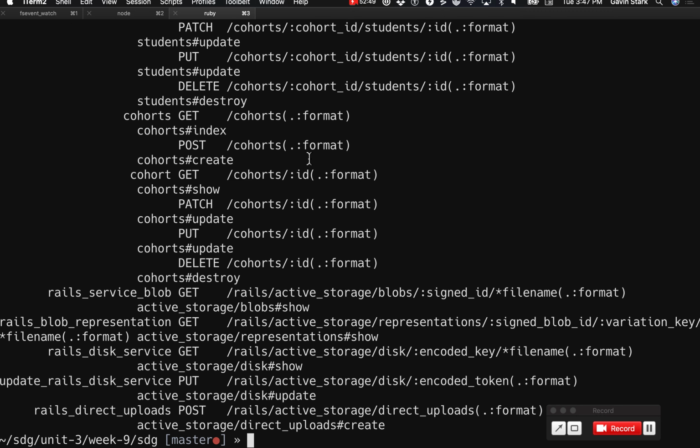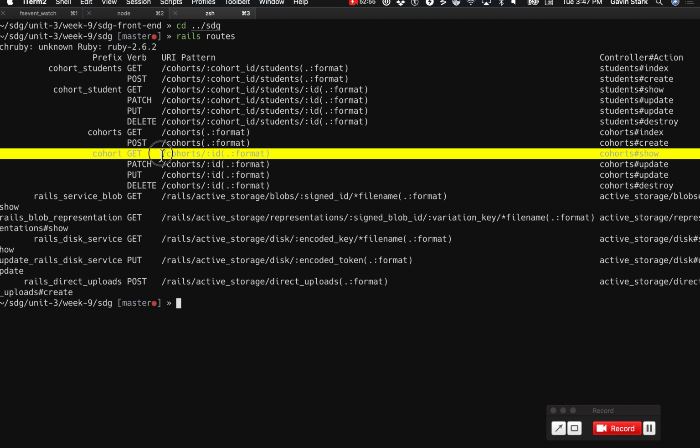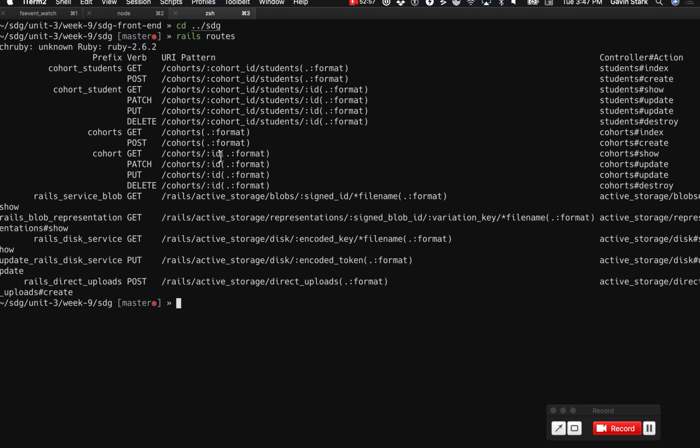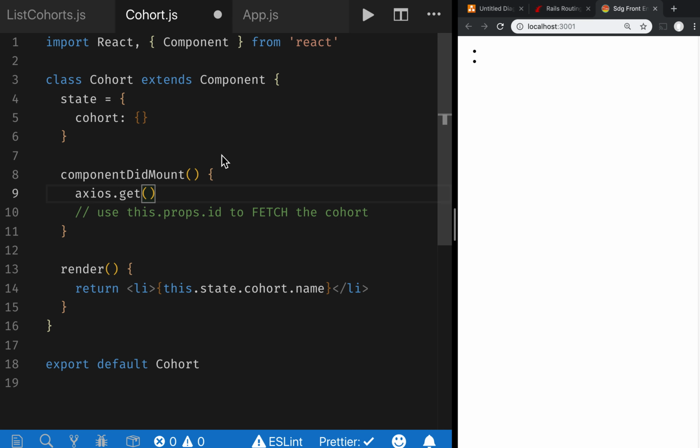Where's the route that gets a cohort? How do I get a single cohort? Just get it. It's right here. It's get cohorts and the ID. So now we're back to Mira's question of when do we use backticks? We use them right here because now I want HTTP localhost 3000 cohorts